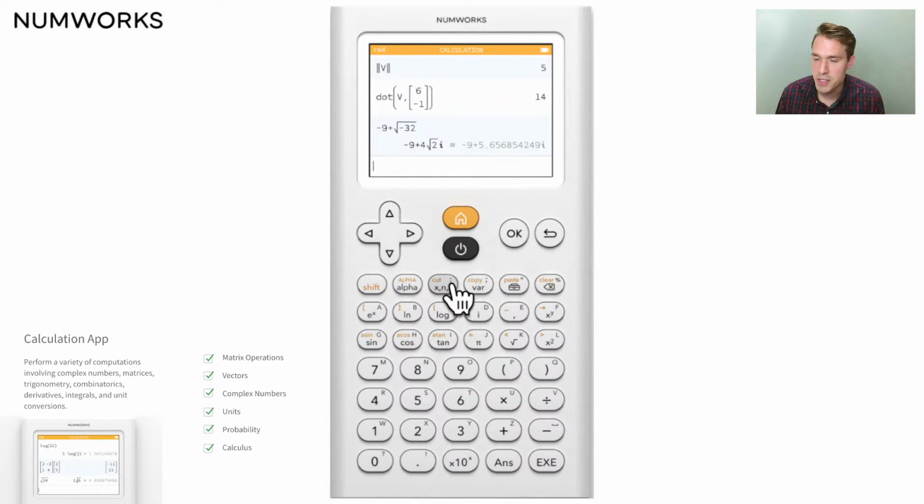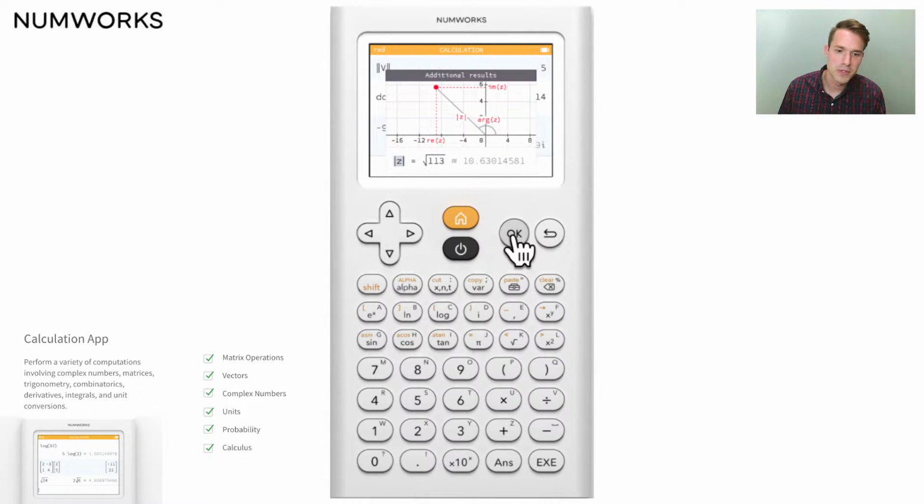Before we look at the additional results, if you look at the results, you'll see that we have both the reduced form, or the exact form, and this is in simplest radical form automatically, as well as the decimal approximation. And what I'm going to do is hit this up key to go up to the calculation history. When a result has additional results, you'll get the ellipsis here at the end. So I'm going to navigate over to that ellipsis and click OK, which is going to open up those additional